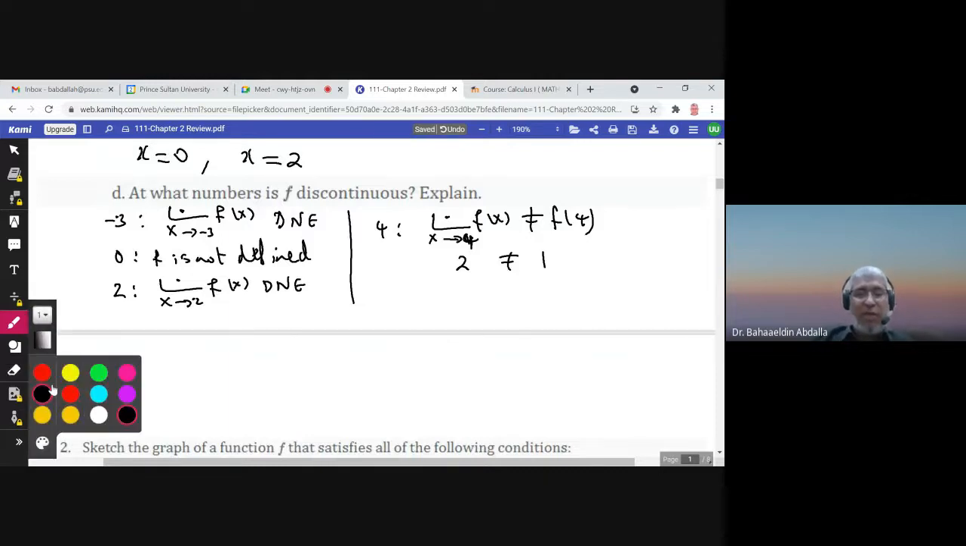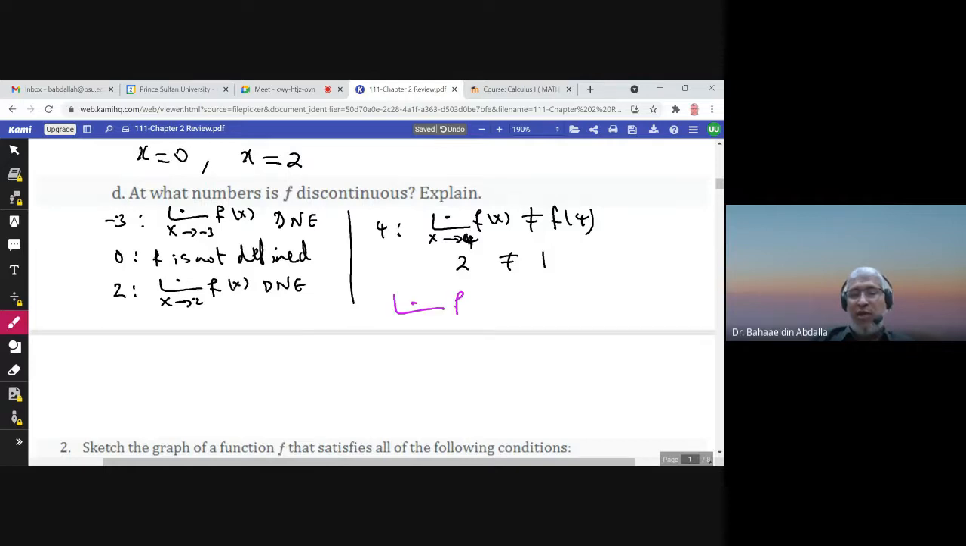Remember that the function is continuous when the limit of f of x as x approaches a equals f of a. This is the definition of continuity. The function will be continuous at a if it is defined at a, so we can find f of a; if the limit exists, the limit from the right equals the limit from the left; and if the limit equals f of a. Three conditions. Okay, so you see at -3 and 2 the limit does not exist, so the function